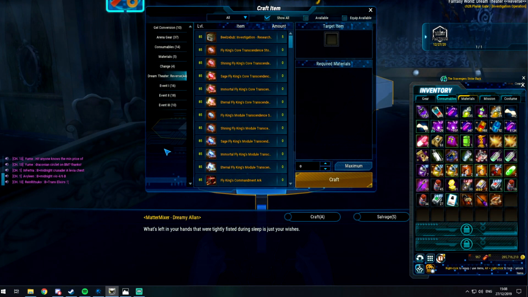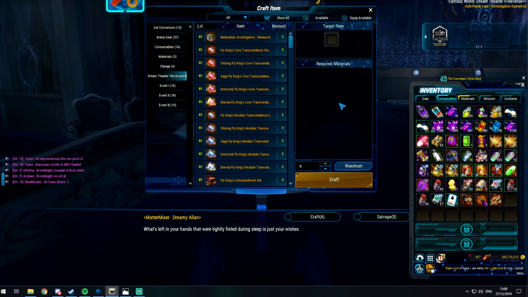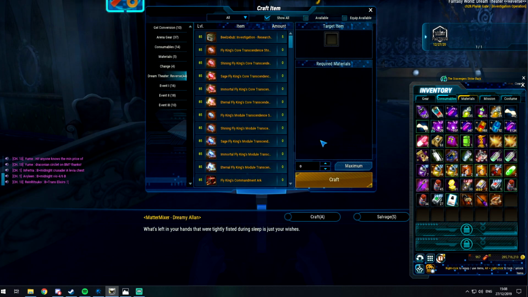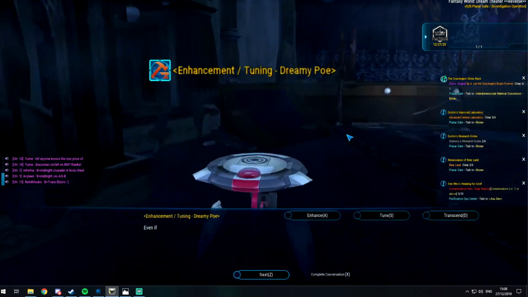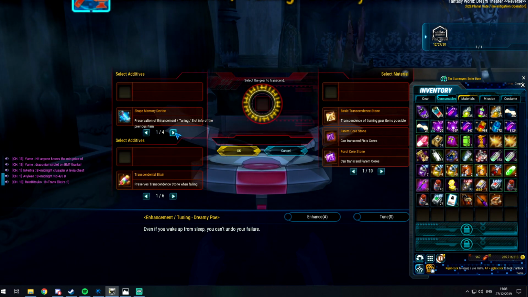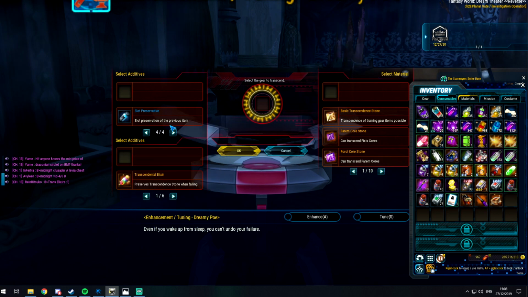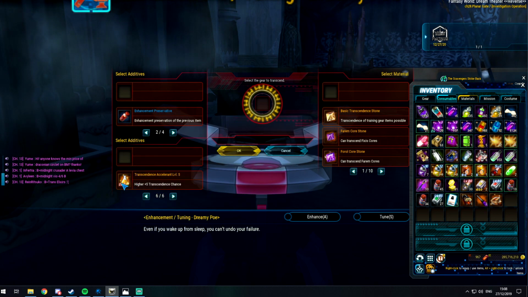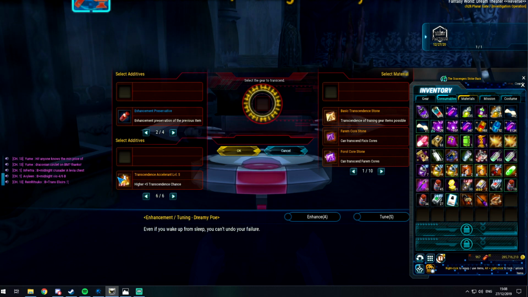For the transcending section, we basically only have 2 things to transcend, which is our modules and our core. These 5 are for the core, these 5 are for the modules, and then the transcending works exactly the same as it would in purification. So you just put it in here. You have your different preservatives here if you want. You still have your old boosters as well, so if you still have some accelerants lying around from purification,